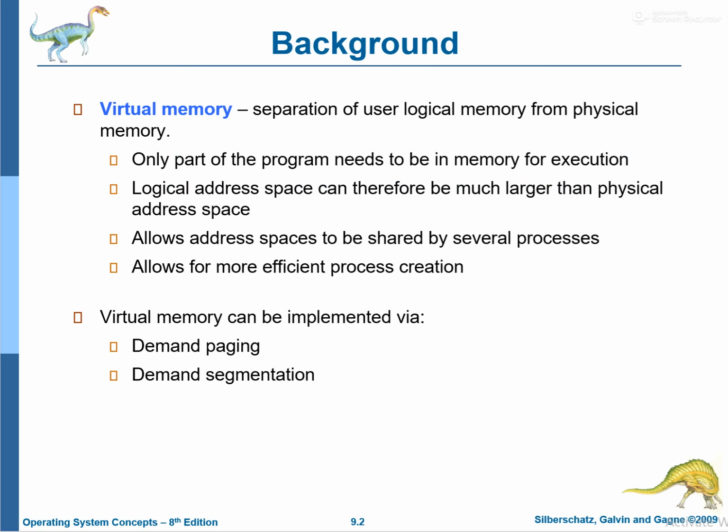We have already discussed in the previous chapter main memory management, the different schemes which are used in computer systems, and all of these schemes or methods have the same goal: to keep more than one process in memory at the same time so that we can achieve multi-programming. But all of these schemes require that your entire process be in main memory before we can start it